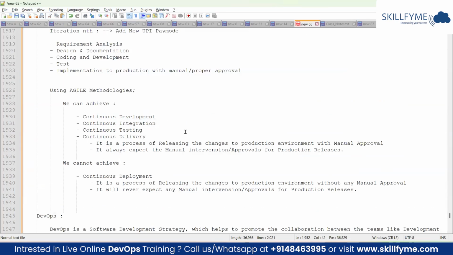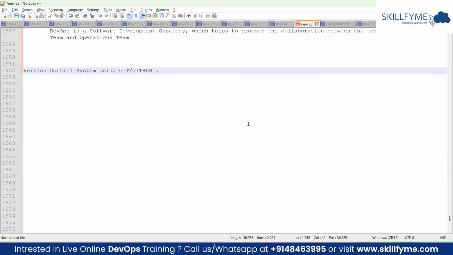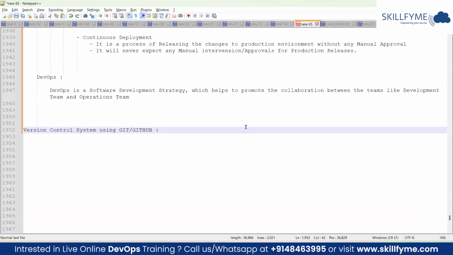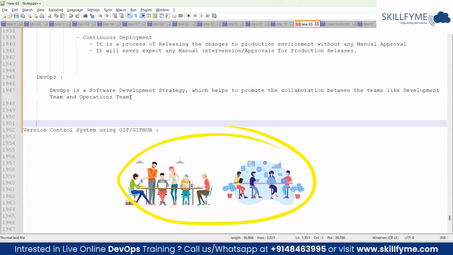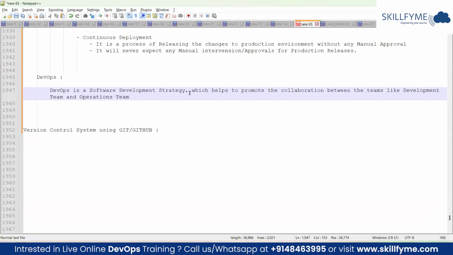the development team, you can have your testing team, your infra team, your security team, and your production support team. All other teams are actually meant to support this developer team. That's all. So all those guys are considered operations teams from the DevOps point of view. So using DevOps, first we are going to promote the collaboration between the development team and the operations team. Got it?